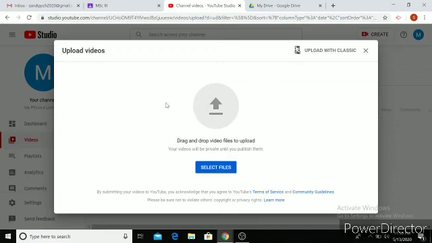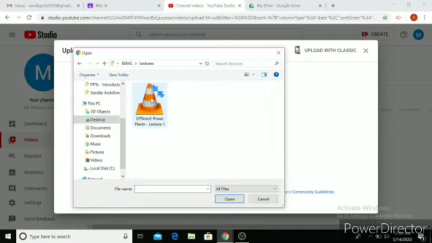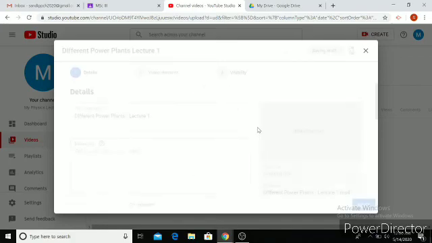If you do this kind of on-screen recording, you can have a video within 500 MB or even 100 MB. What you can do is drag and drop, or just go for select files and upload. If you go for select files and upload, you'll see the options. I have got a lecture here. Suppose I want to upload this, I'll just go for upload, and then it usually gets uploaded.